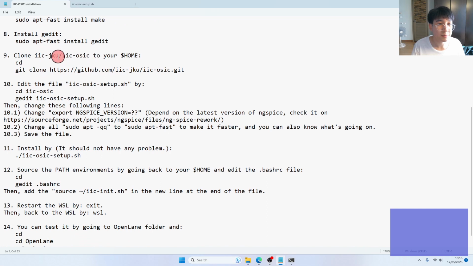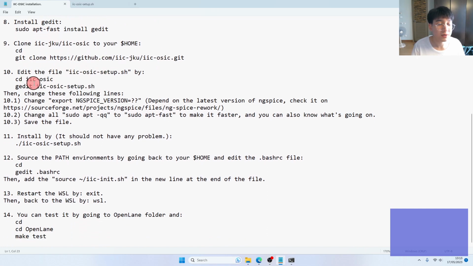Clone this repository to your home, and then go to the folder, edit the bash file first, change the version, and then change or cut off the QQ and change it to fast if you want, so you can know what's going on. If there is the QQ, there is no text printed on the terminal. Then you save the file, install it by running the bash file, don't need sudo as I told you, and save the path environment by going back to your home, edit the bashrc, put this line into the last line of the file,